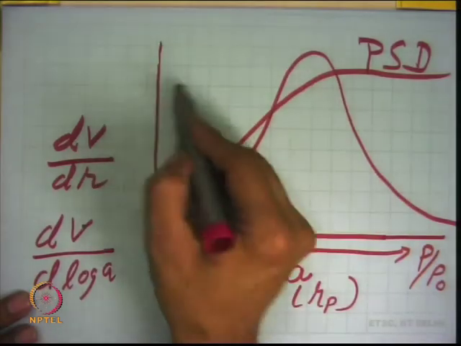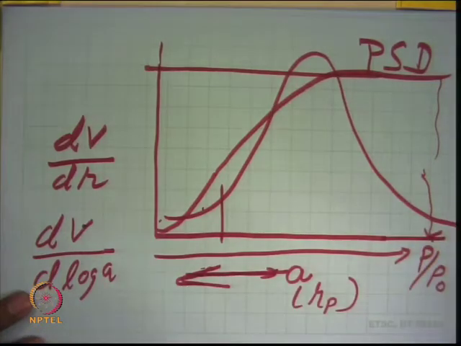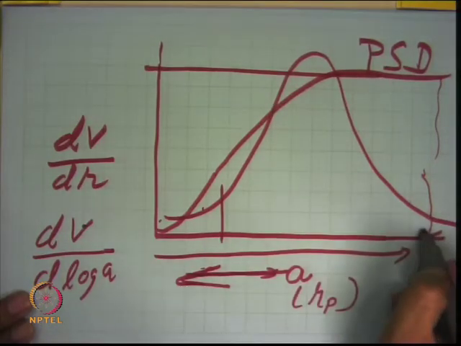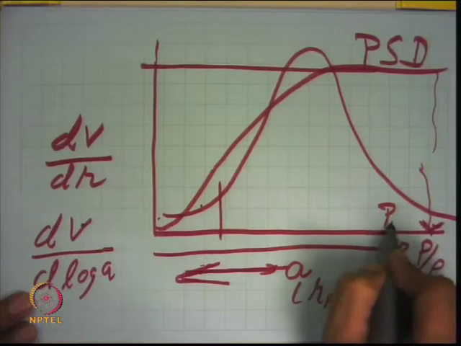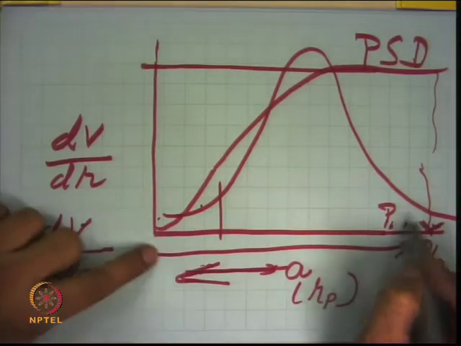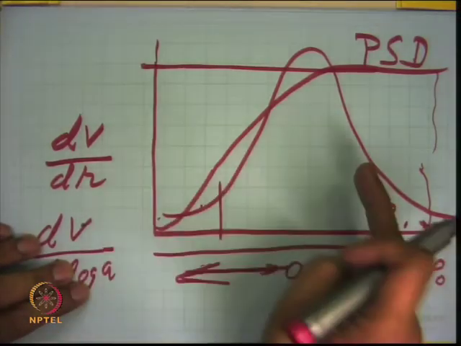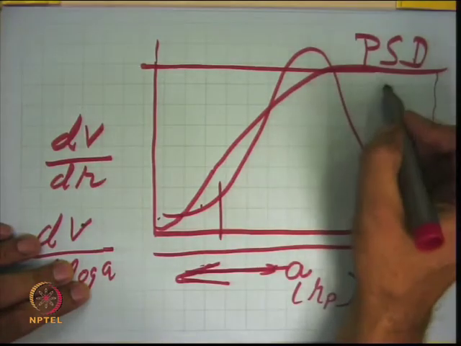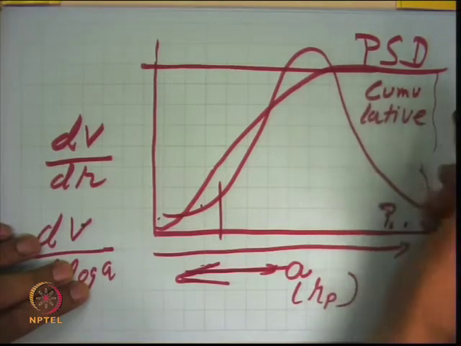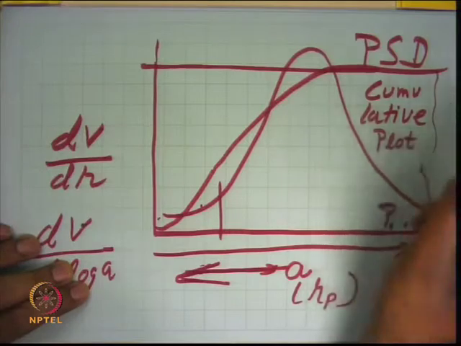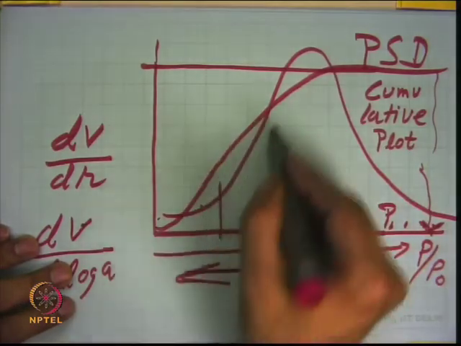That is the total pore volume if I write it in terms of pore volume distribution, and this is where the largest pores get filled, right. In that case all the pores are filled here. This is the highest pressure, and here are the smallest pores. So, this is the total pore volume, that is, all the pores are filled from this point to this point. And when I say cumulative pore size, this is your cumulative pore size distribution, that is a cumulative plot related to the pore volume, but this one is the pore size distribution. So, this gives you the idea between two radii.